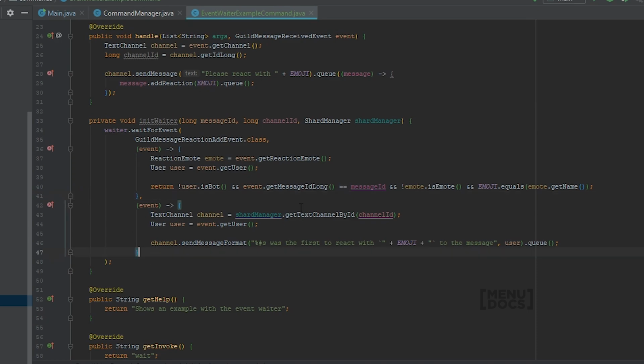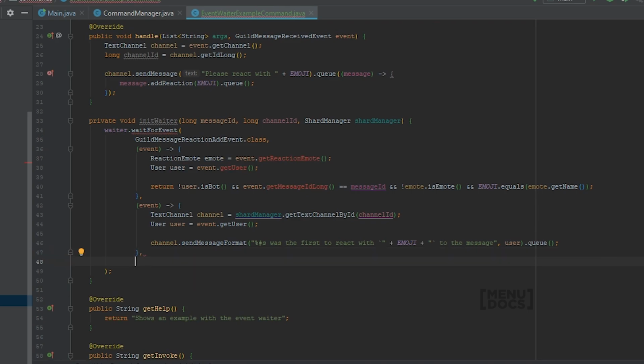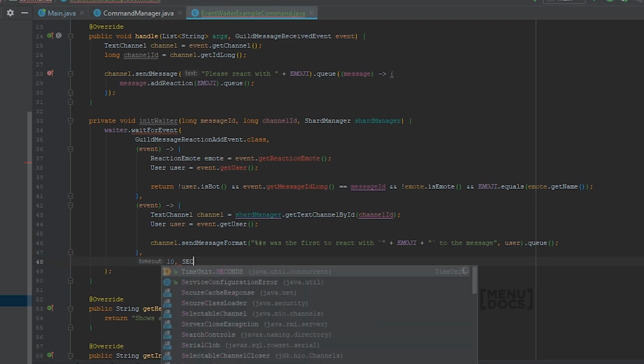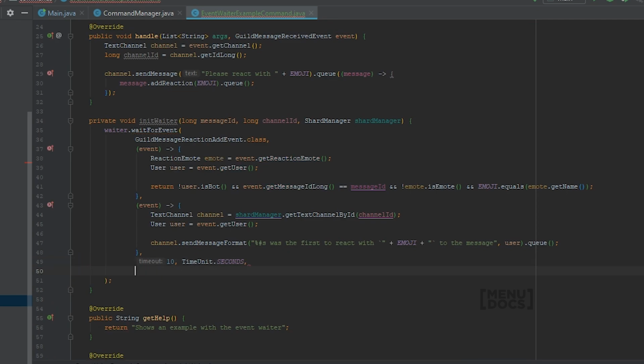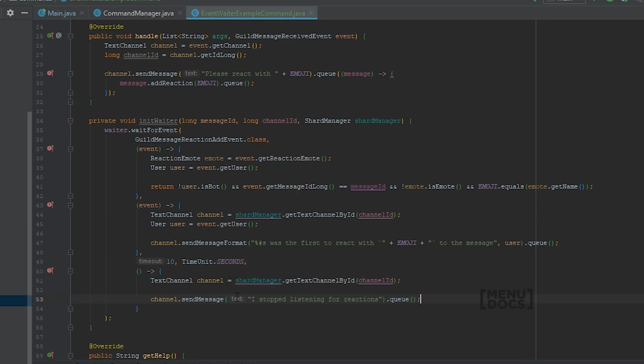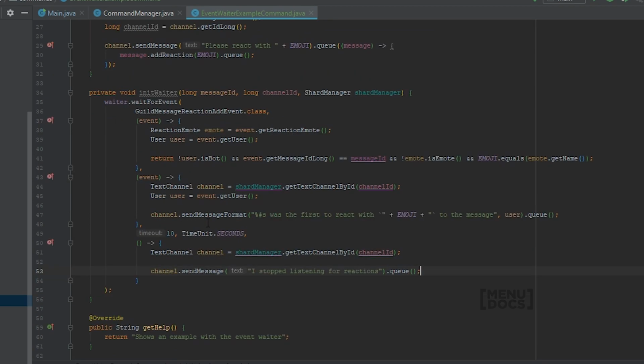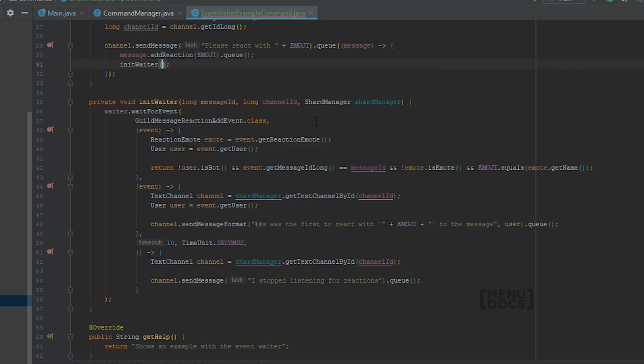So to prevent it from waiting forever, we want to set a timeout of 10 seconds. And when it is done, you have a runnable. And in that runnable, we're gonna say we get the channel and we say I stopped listening for reactions. So right now we need to call this method. So we do initWaiter message.id long